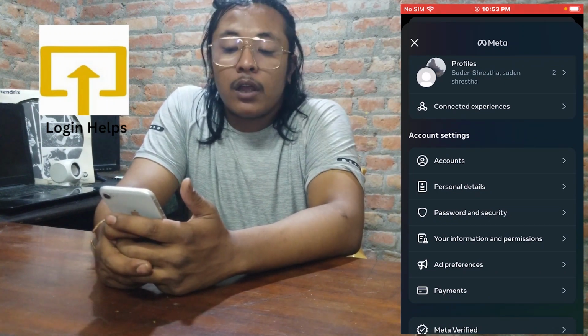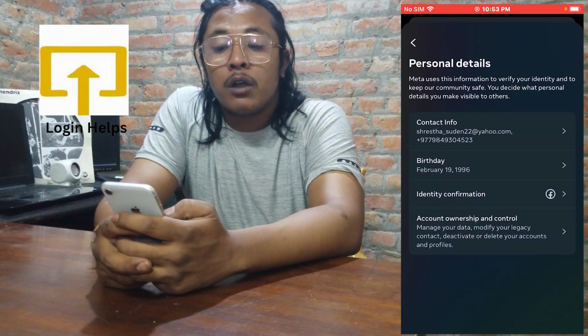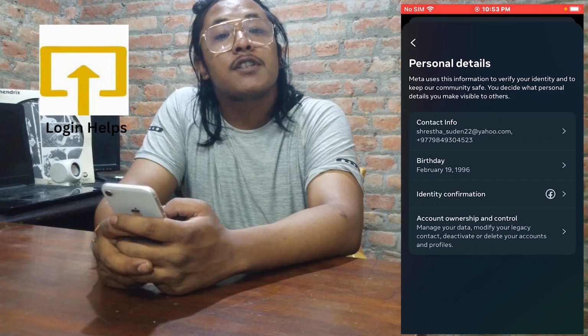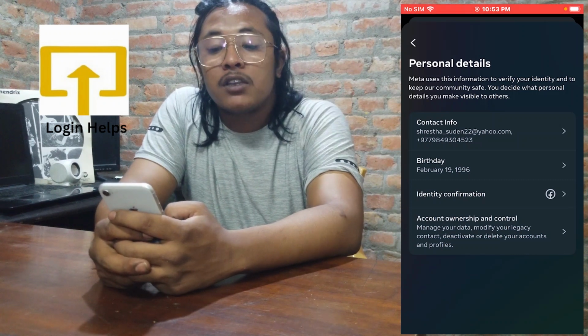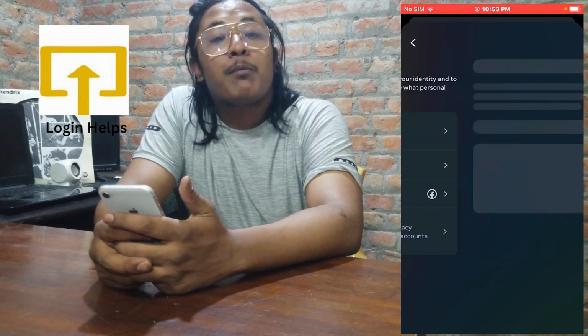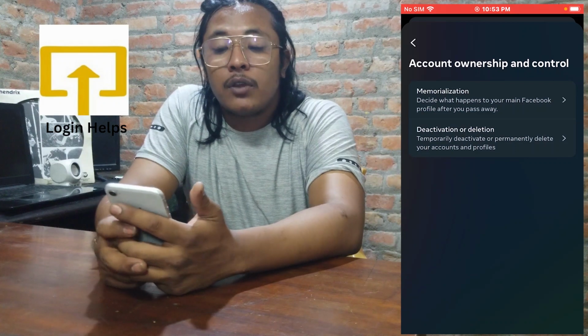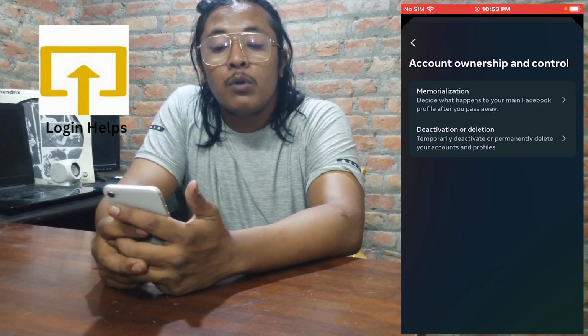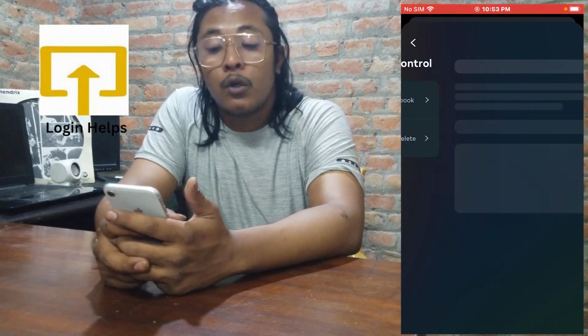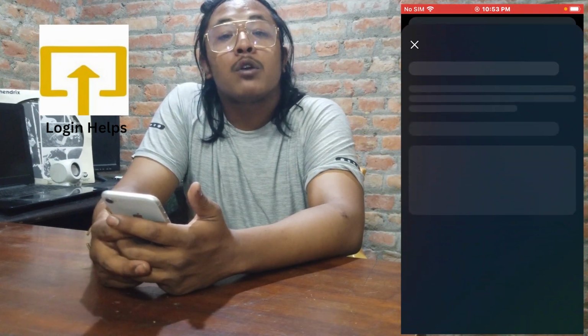Simply tap on that account ownership and control, and over here guys you will be able to spot the deactivate or deletion of your Instagram account. Simply tap on the deactivation or deletion, and over here guys tap on Instagram again. And now to delete your account guys, you can see the toggle icon turn blue on the deactivate account. Currently you will be required to tap on the delete account, and the toggle icon will be turned blue